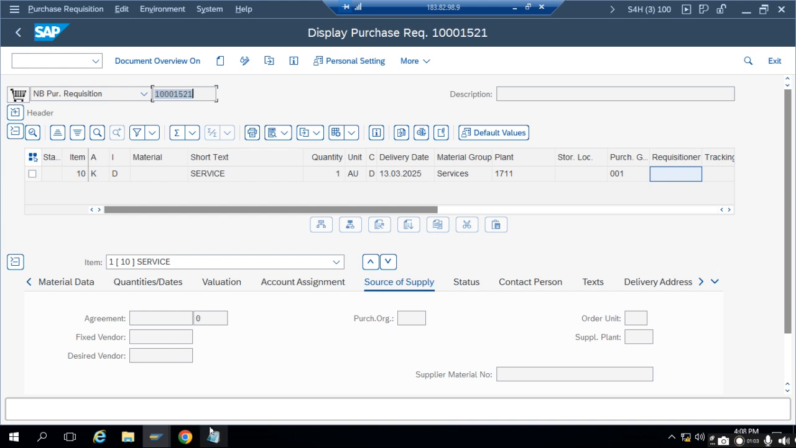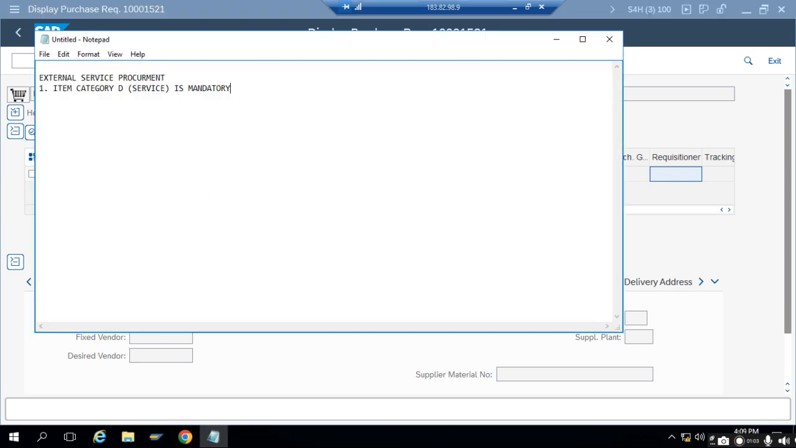Now I will copy this purchase requisition number. Here I have just mentioned it. In this purchase requisition, what we observed is that to create a service PO or service purchase requisition, item category D is mandatory. And the second thing we observed, with item category D,